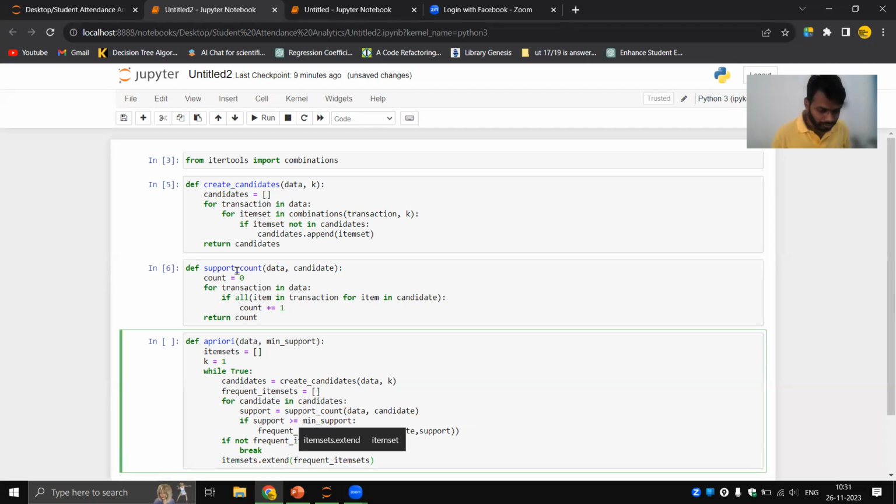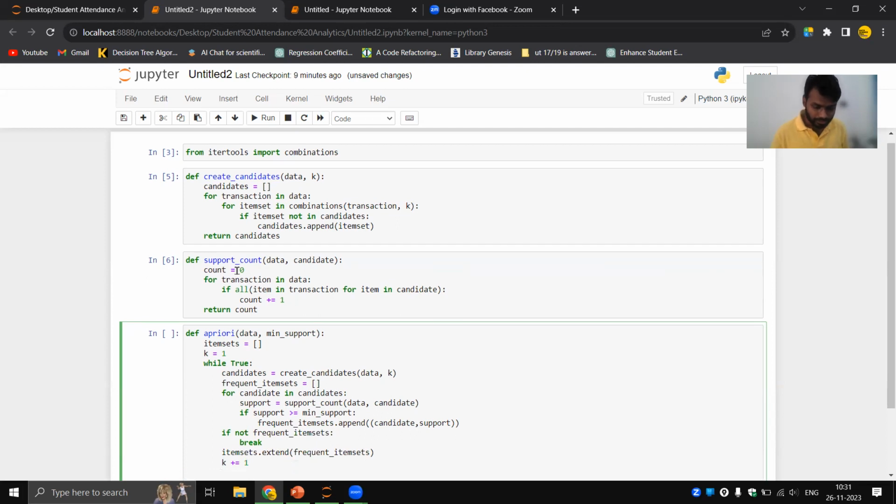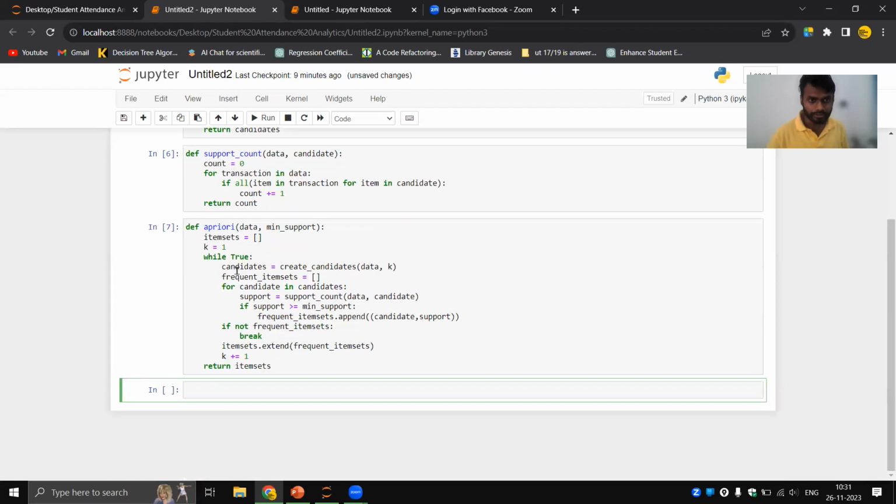Then k is equal to k plus 1. And now we have to return item sets. Clear? So let's execute it.